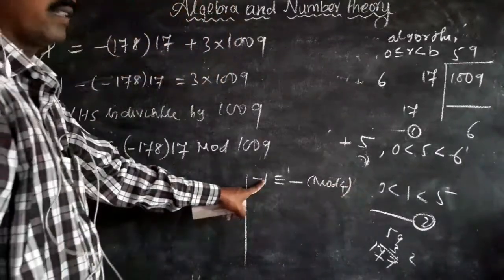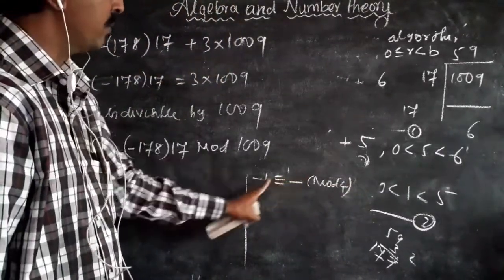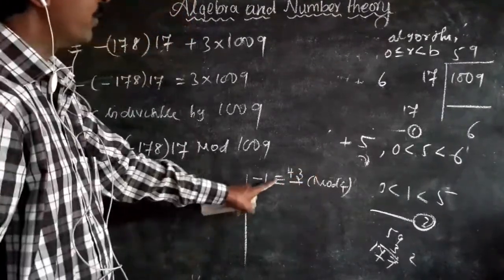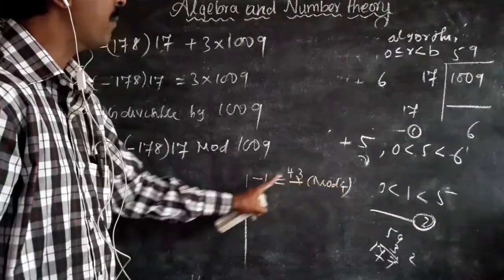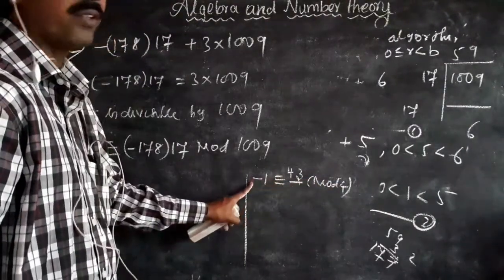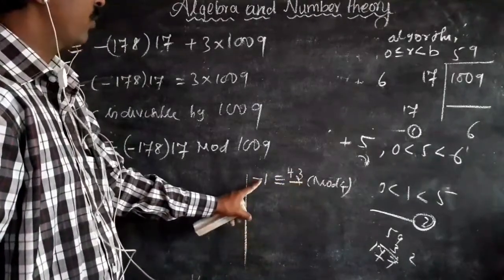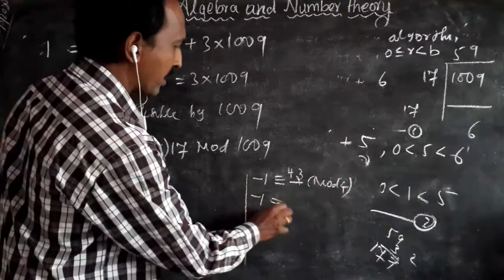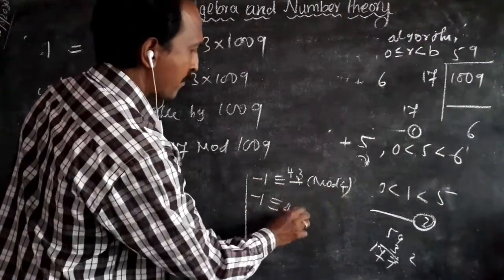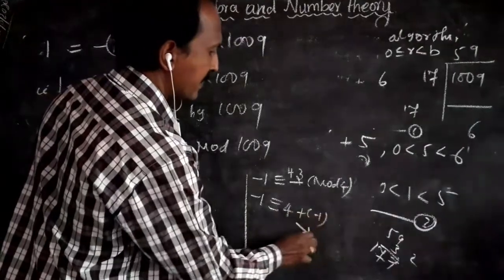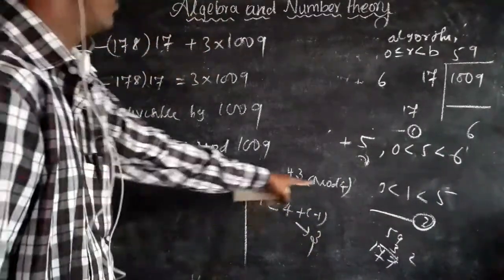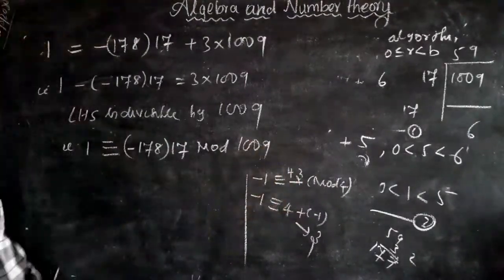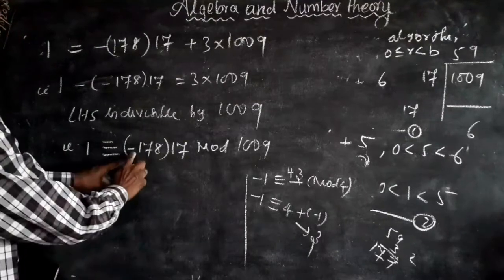Here we have minus 1, and what we get is plus 3. So minus 1 is congruent to 3 mod 4, and A minus B is 4, so 4 divides 4. So instead of minus 1 we can put 3. It comes from adding 4 to minus 1, which gives 3. So 1 is congruent to minus 178, and instead of that